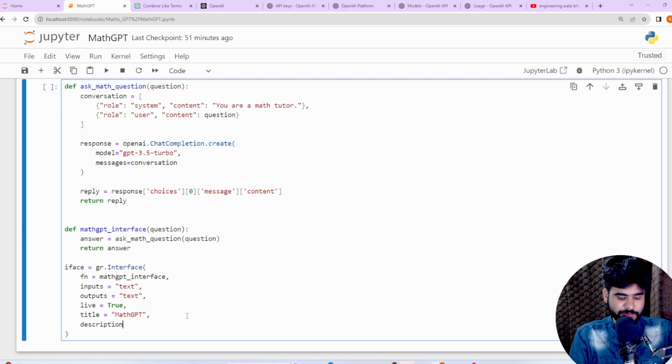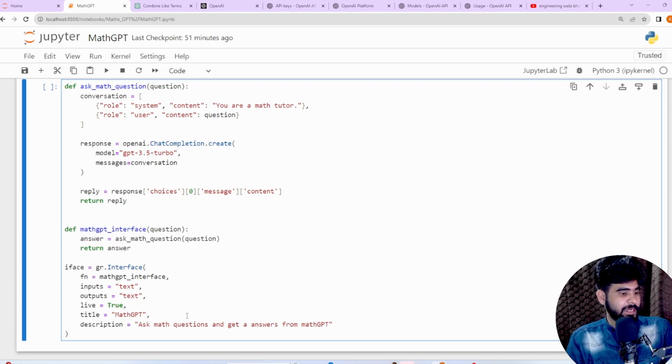So description equal to, in this way we can write under this particular code. Ask math questions and get the answers from math GPT.